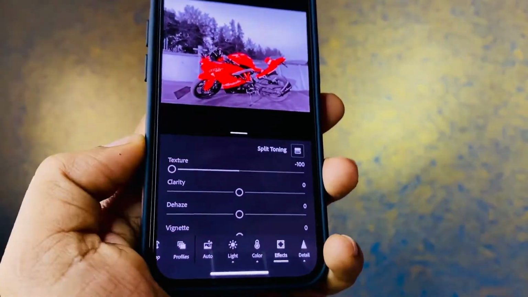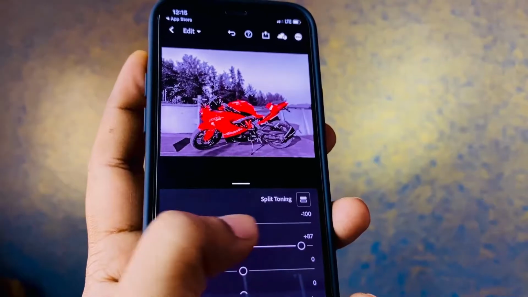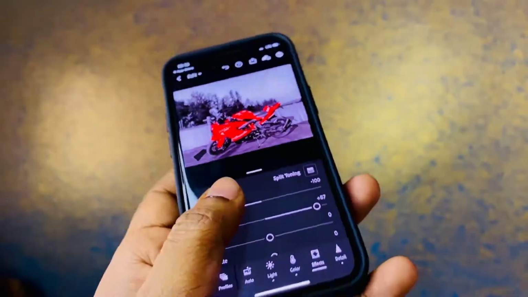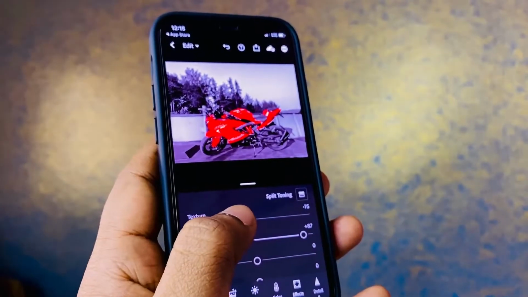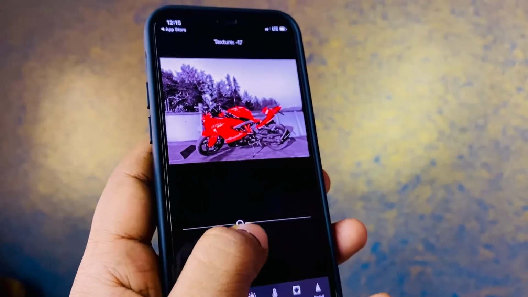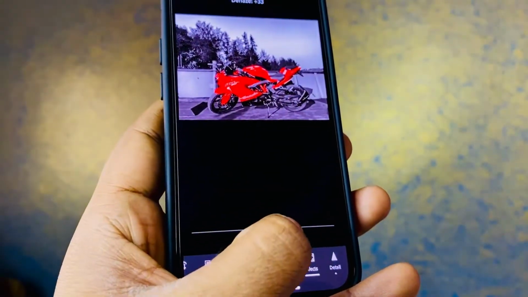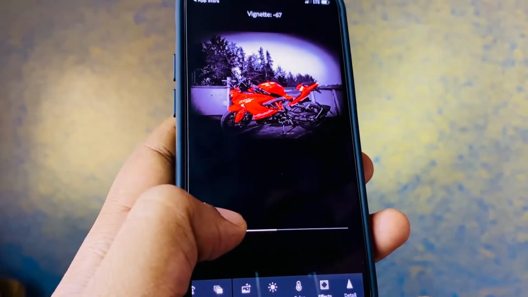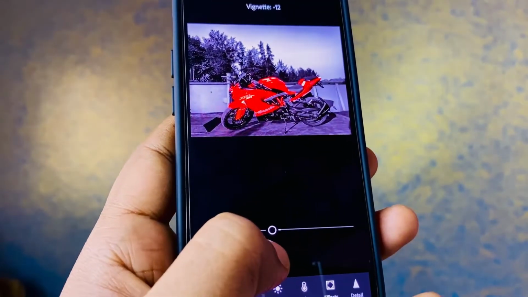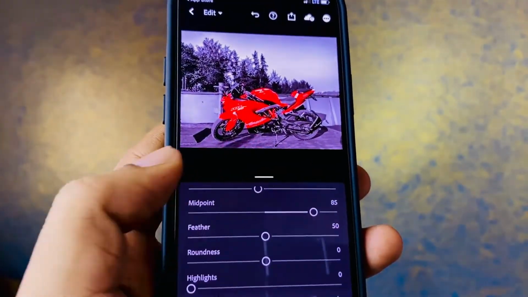Sometimes I like to make it a bit textured, and clarity I will definitely make it to the maximum, and texture I'll just keep low, I don't want a fully blurry image. So the texture is adjusted, and other parameters also you all can use like dehaze and all. And this is the vignetting part which I really like to tinker around with.